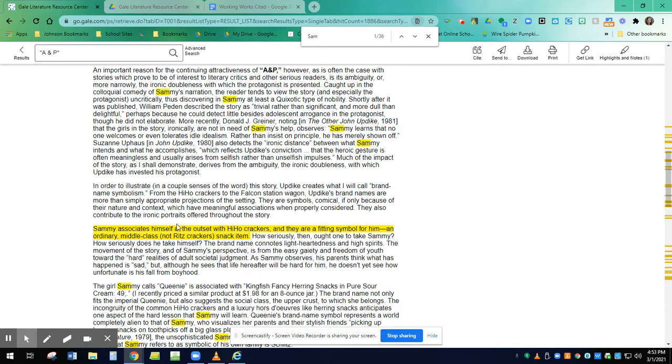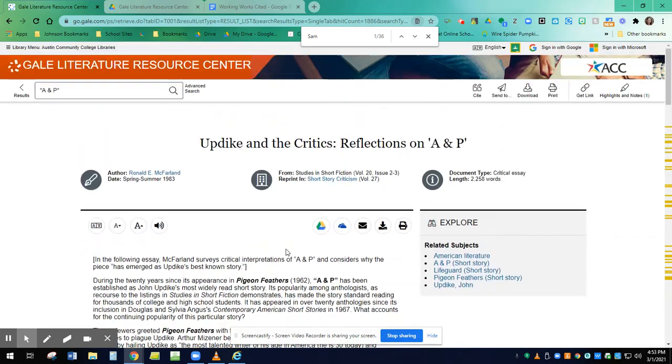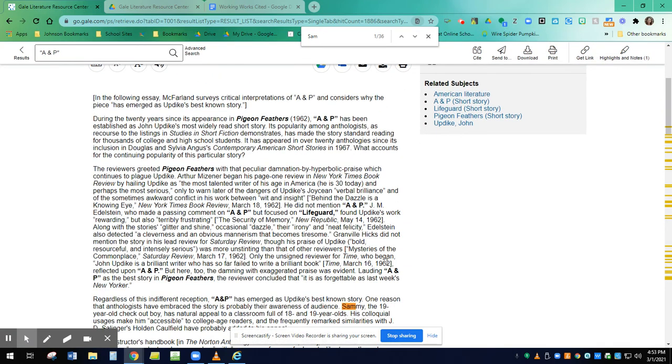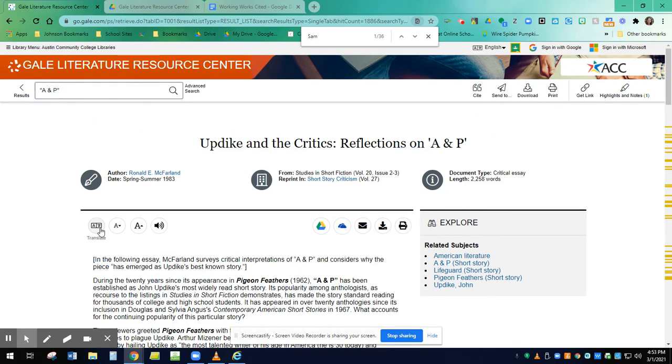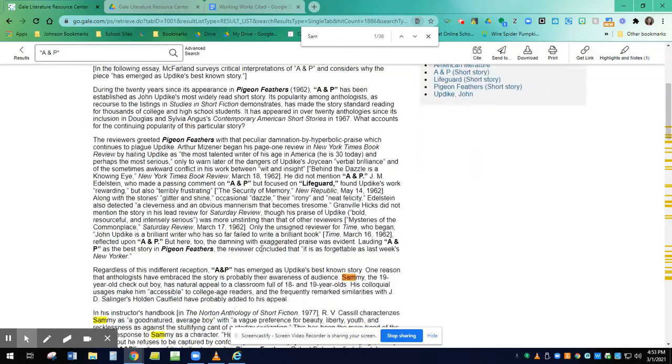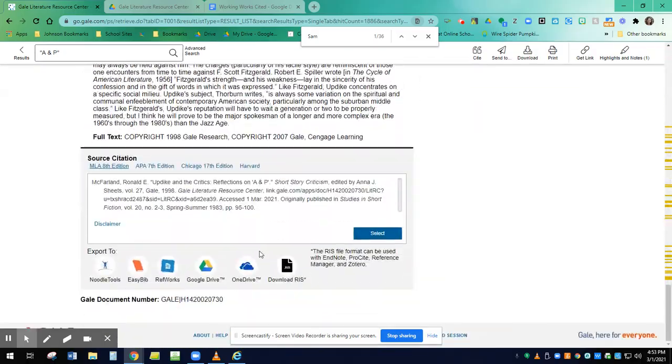Now, if I know I'm going to use this article, I'll go back up and I'll be like, hey, this article is fantastic. There's a lot of things that I can do. I can add it to my Google Drive. I'm looking for, usually they show you how to cite the article. So I'm going to scroll down to the very bottom of the article. And look, there's the source citation that I can copy. So I'm going to copy this,